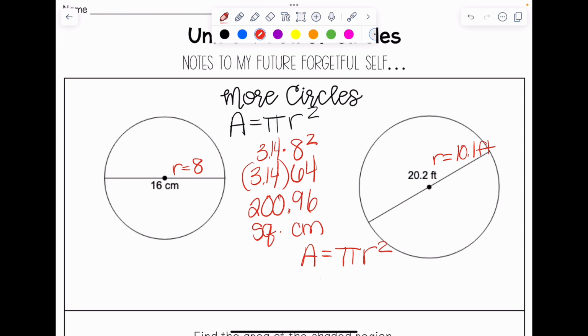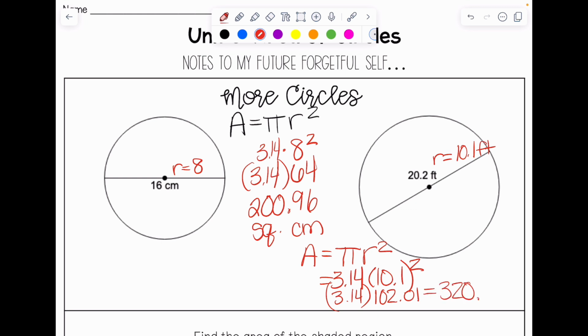Pi is 3.14, and my radius is 10.1, so I need to square 10.1 first, which gives me 102.01. And then I'm going to multiply that times pi, and so then I'll get 320.3114